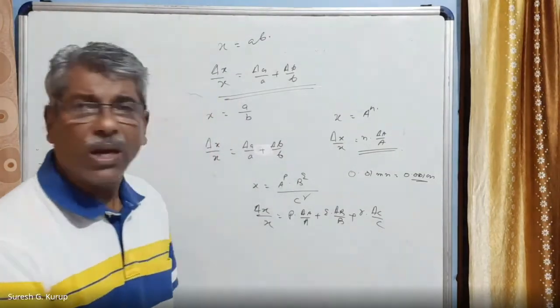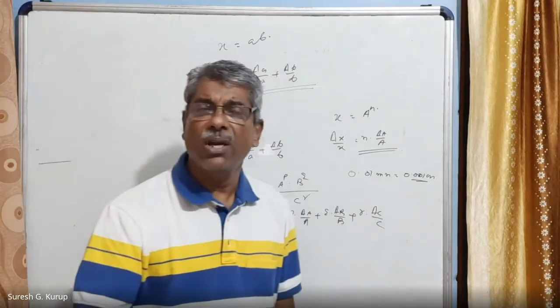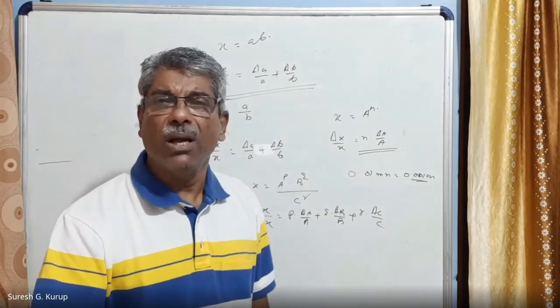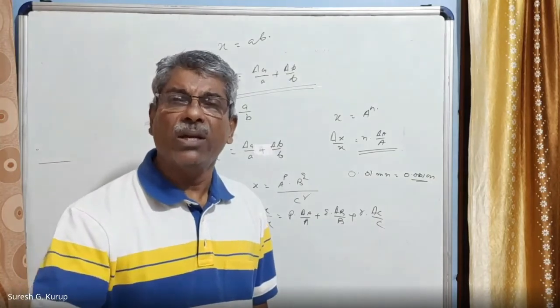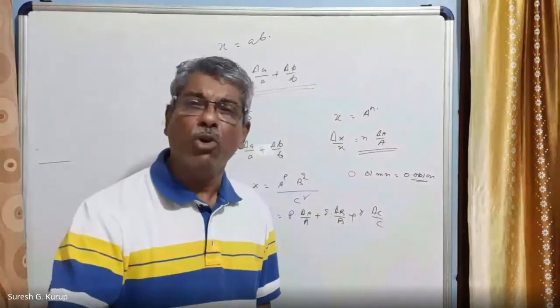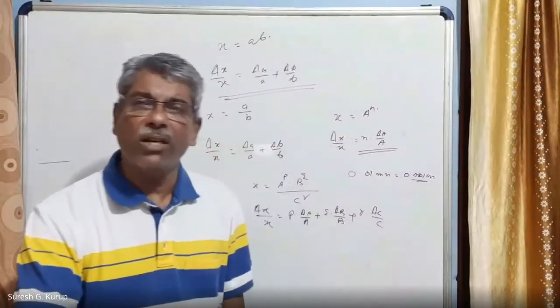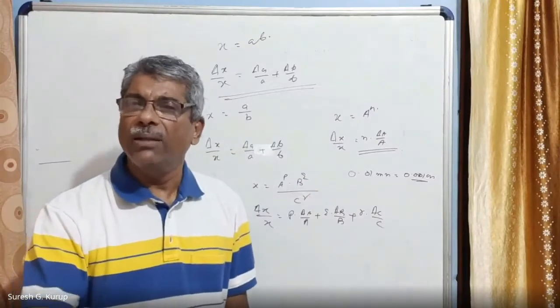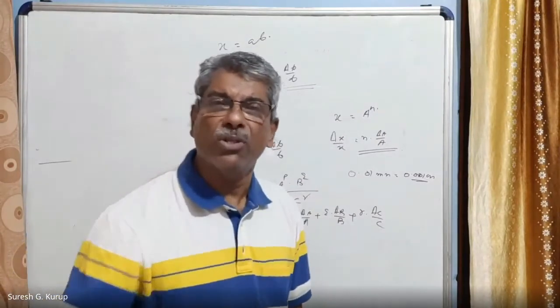Many things we have discussed: different kinds of errors, how they happen, and how errors are represented. Errors are represented in three ways. I said one is absolute error, and I also explained what absolute error is. Then relative error and percentage error, all these things. The other day we will discuss some problems related to this topic.